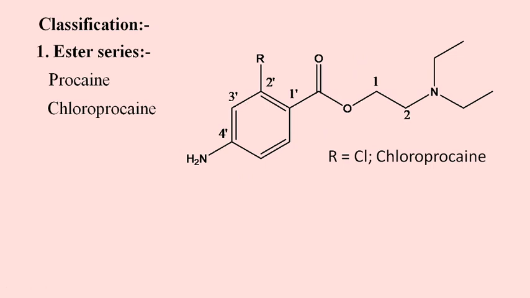Chloroprocaine is an ester local anesthetic introduced in 1952. It is a chlorinated derivative of procaine. You have seen in procaine there was a hydrogen, and in chloroprocaine here it is chlorine. So it is a chloro derivative of procaine, or you can call it a 2-chloro derivative of procaine. Its major assets are that it has rapid onset and short duration of action, and it has reduced acute toxicity due to its rapid metabolism.